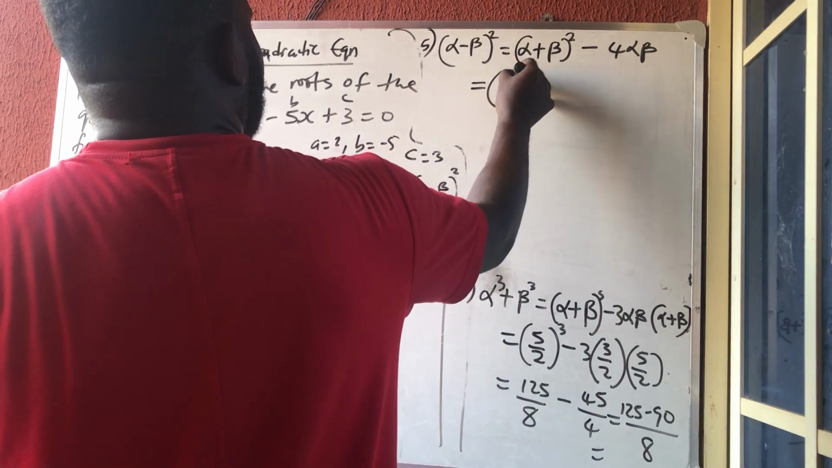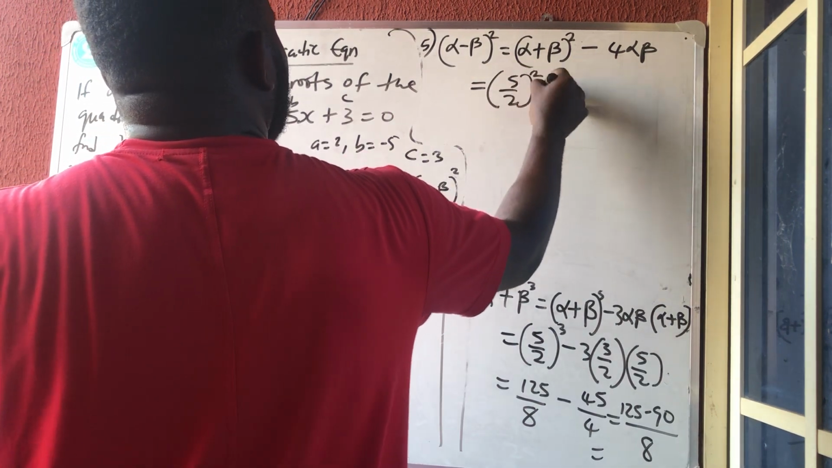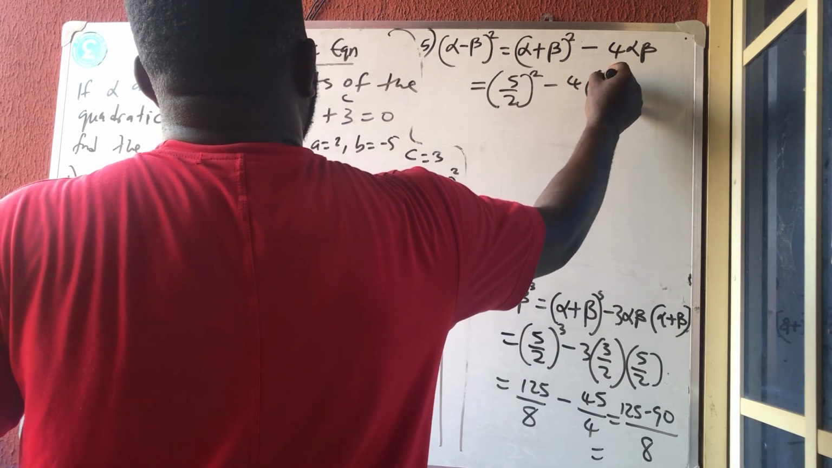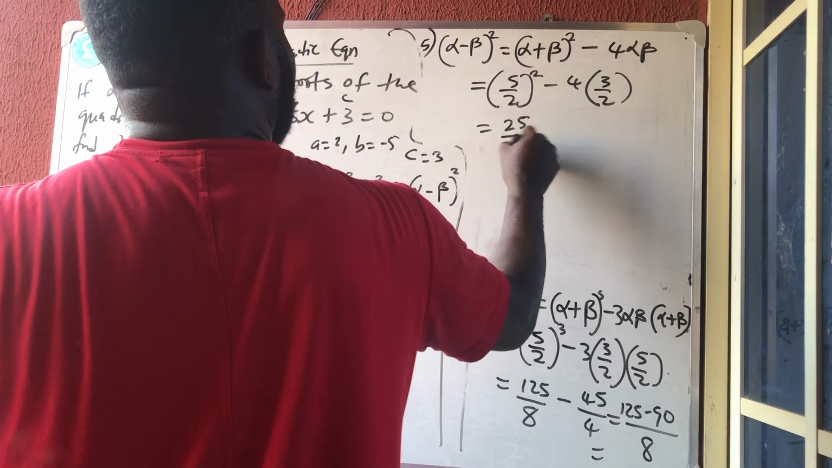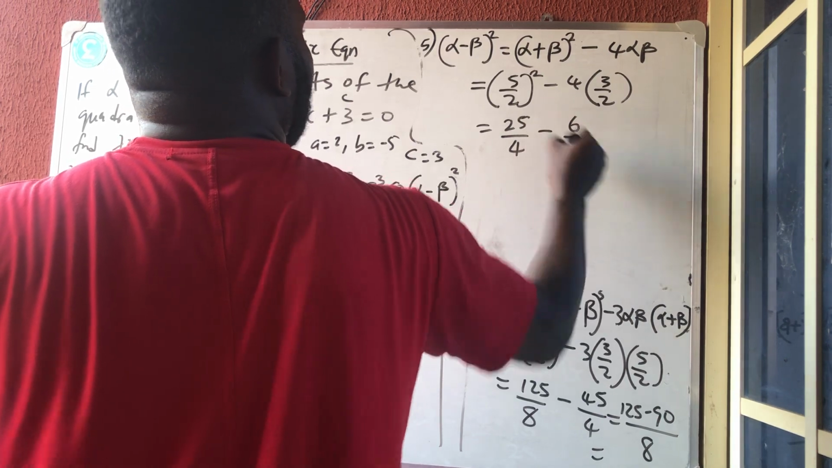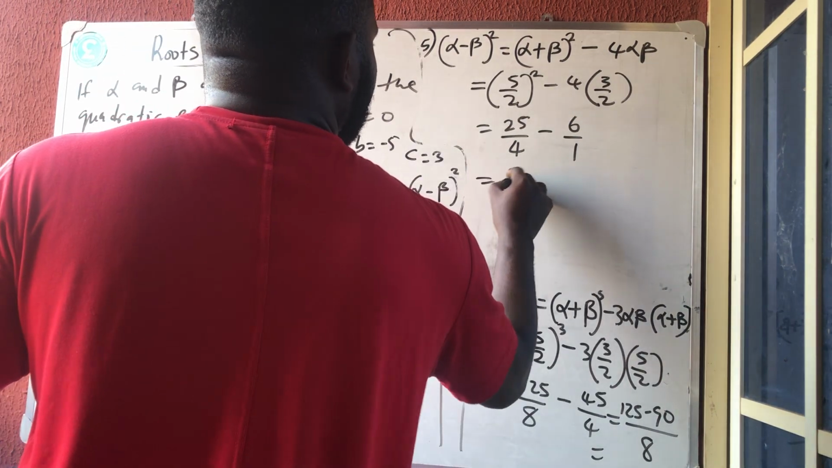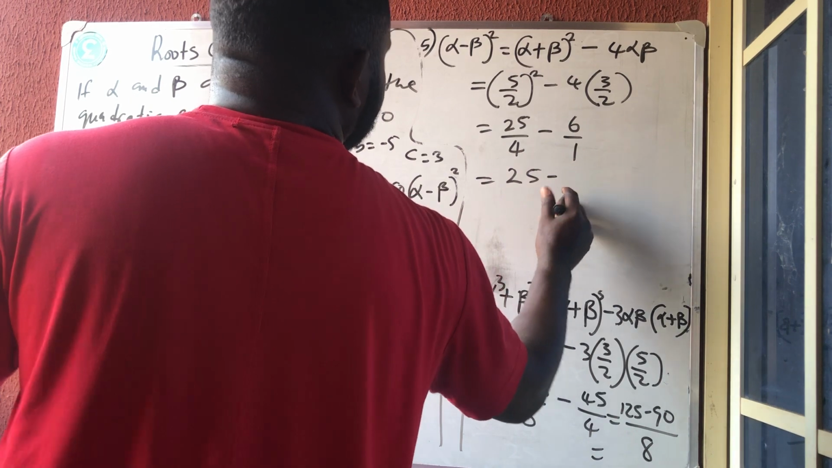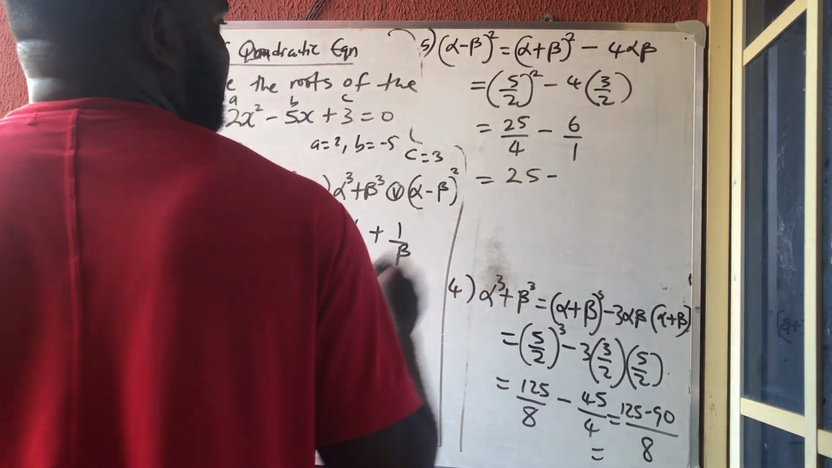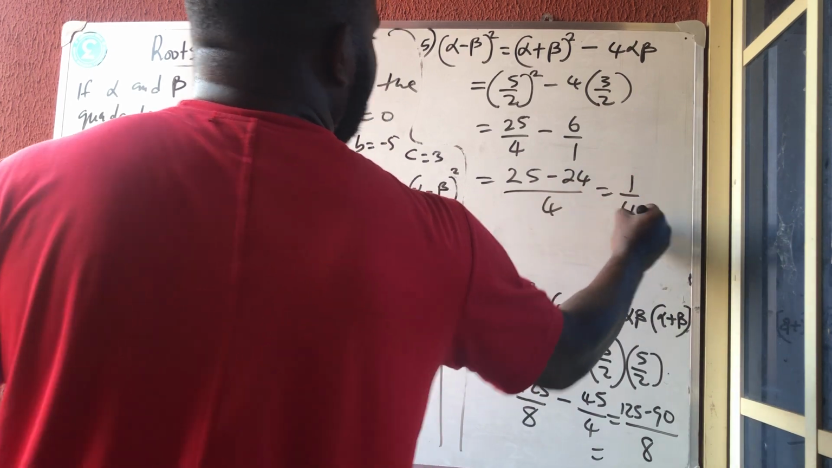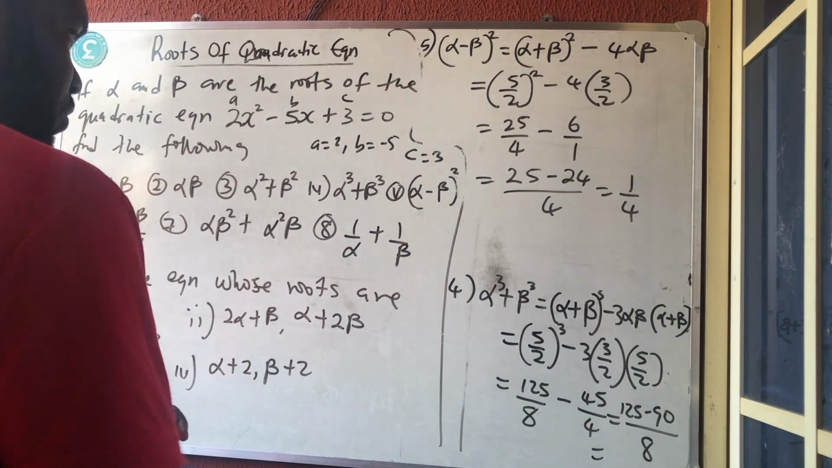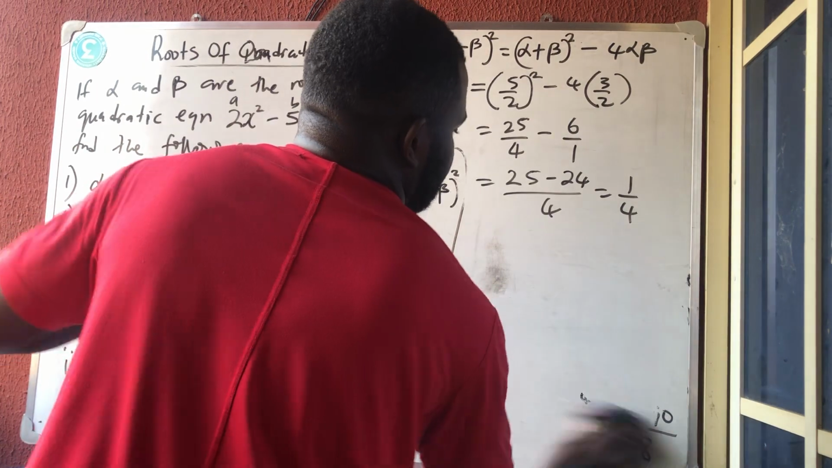Alpha plus beta gave us 5 over 2, all squared, minus 4 into 3 over 2. So what do I have? 25 over 4 minus 6 over 1. Okay, so what do I have? 25 minus 4 times 6, 24, over 4. So I'm having 1 over 4 as my result of number 5. So number 6